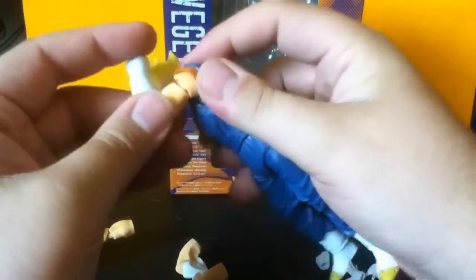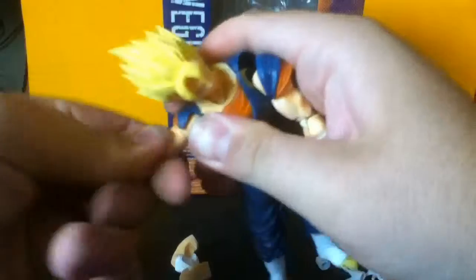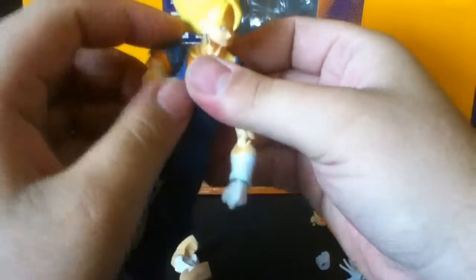And, as always, it's like the regular Goku mode, which I'm really getting tired of people complaining about. They did actually remold it a bit differently on this guy. A bit differently. Not a lot, but a bit. First of all,